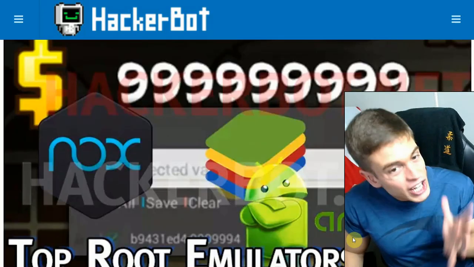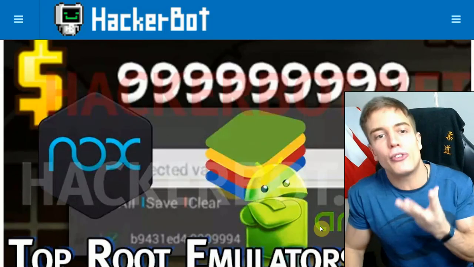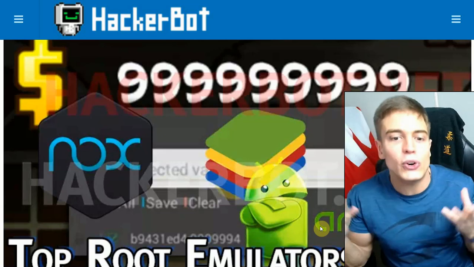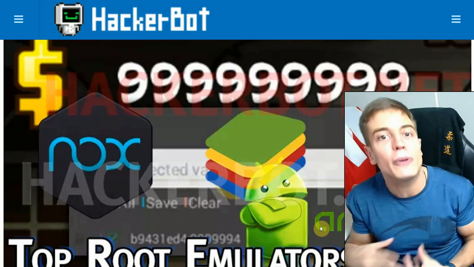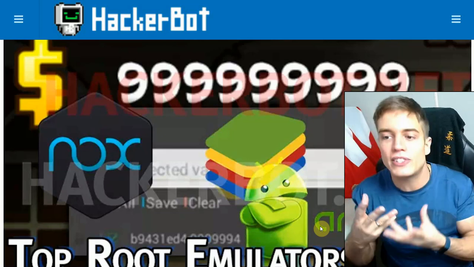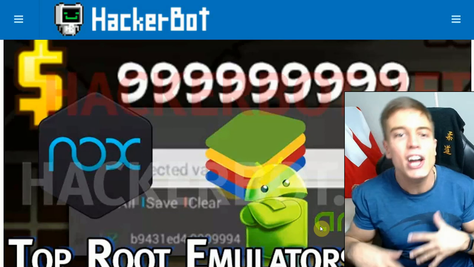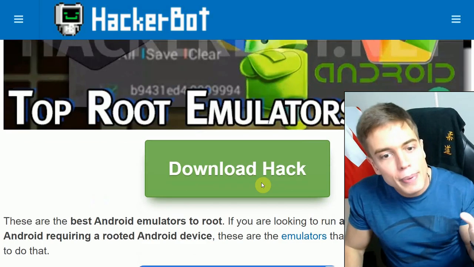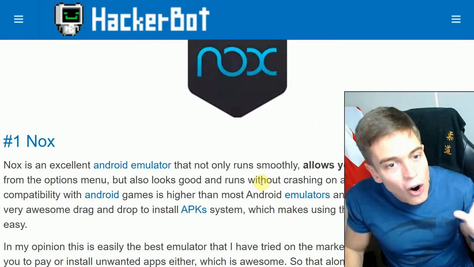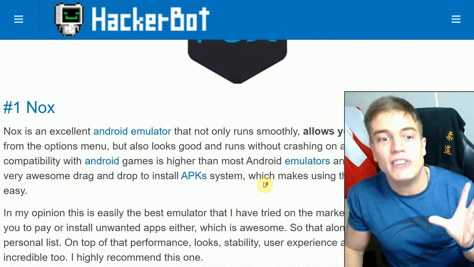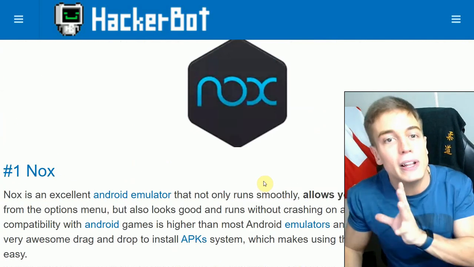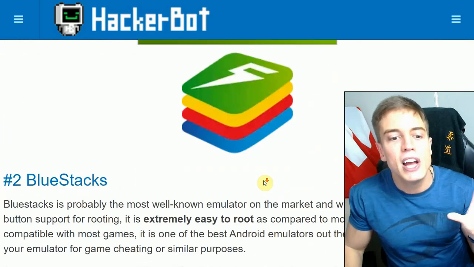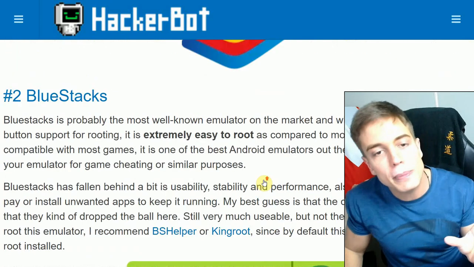And as I've already mentioned, emulators are extremely powerful. They do not require you to root your actual Android device, and they also allow you to use macro recorders and other bot software for PC to bot your Android games. So also extremely powerful. The best rootable emulators in our opinion are Nox, which is very easy to root, very compatible with a lot of Android apps and games, and then BlueStacks, which is a little bit harder to root